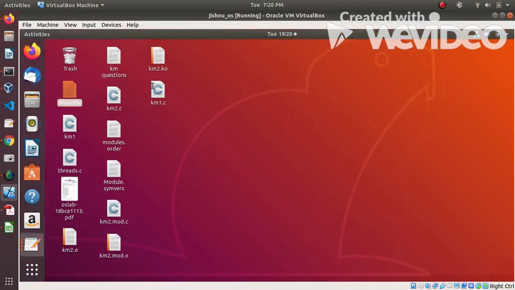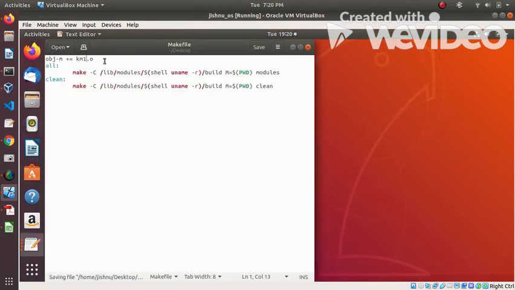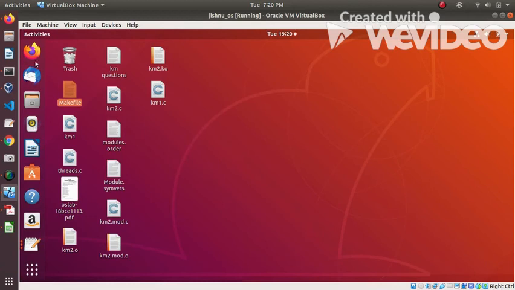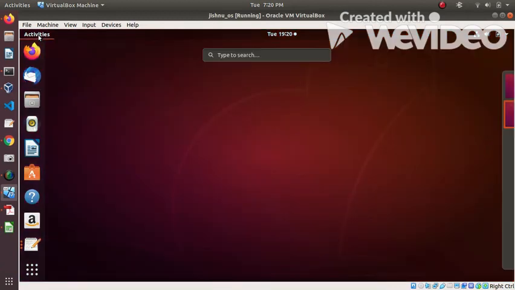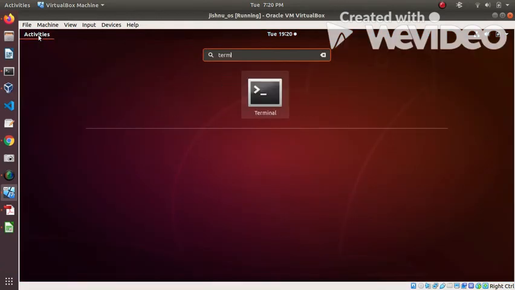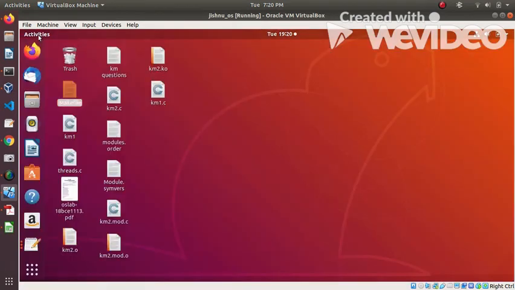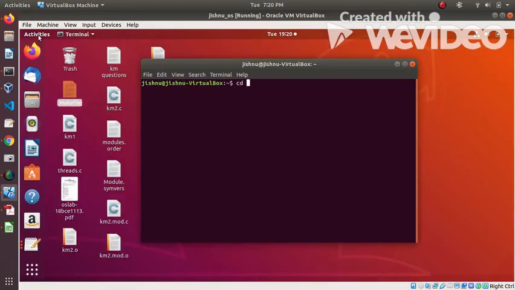Make file km1. We've already done this. Let's go to the terminal. cd desktop. Okay, sudo insmod km1.ko.